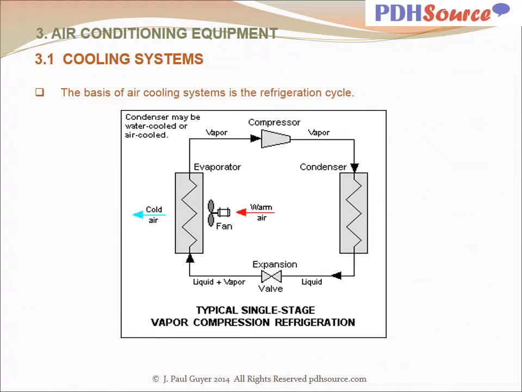And in the process of cooling them, it heats up. That warmer air is then drawn back into a return duct or return plenum system, and that warmer return air is returned to the evaporator, where it is again blown across the cold coil. And then the refrigerant, when it comes out of the evaporator, is in the vapor stage, and then the cycle just continues